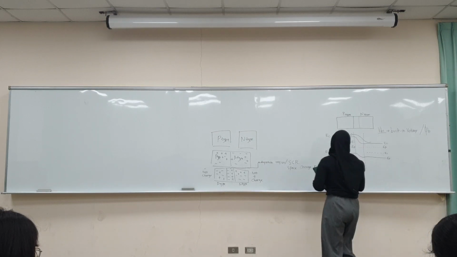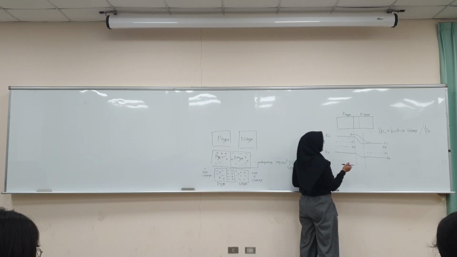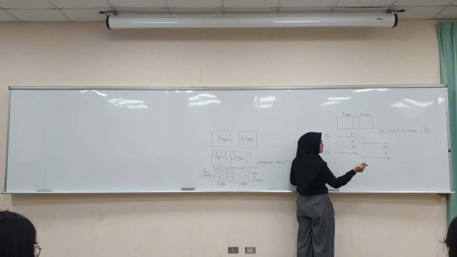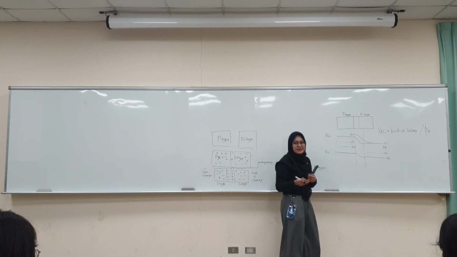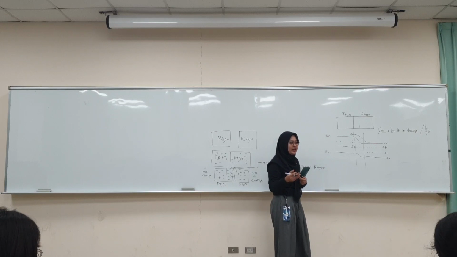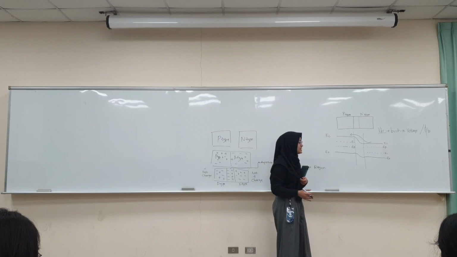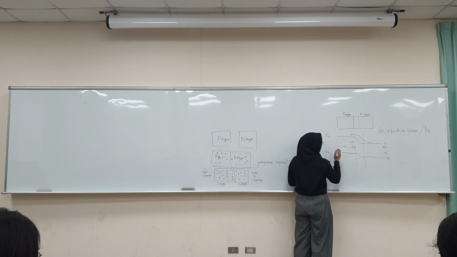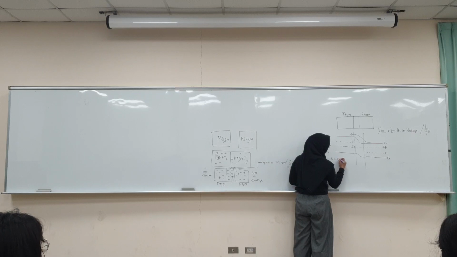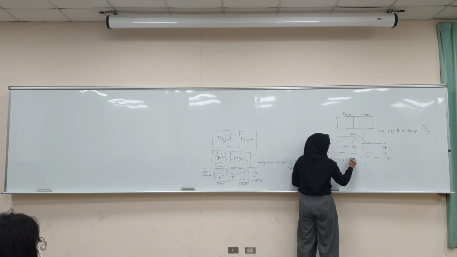So, as you guys know, I think maybe you already have this kind of equation from your basic semiconductor lessons previously. We can calculate that EI minus EF is equal to,